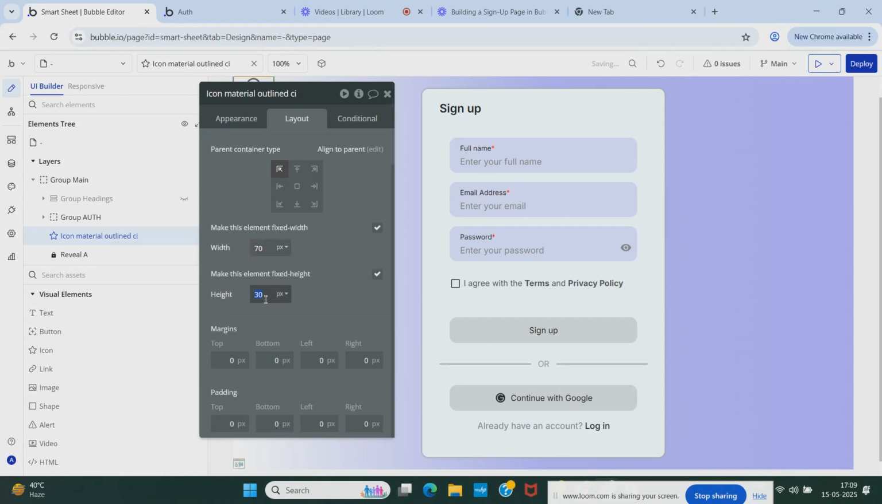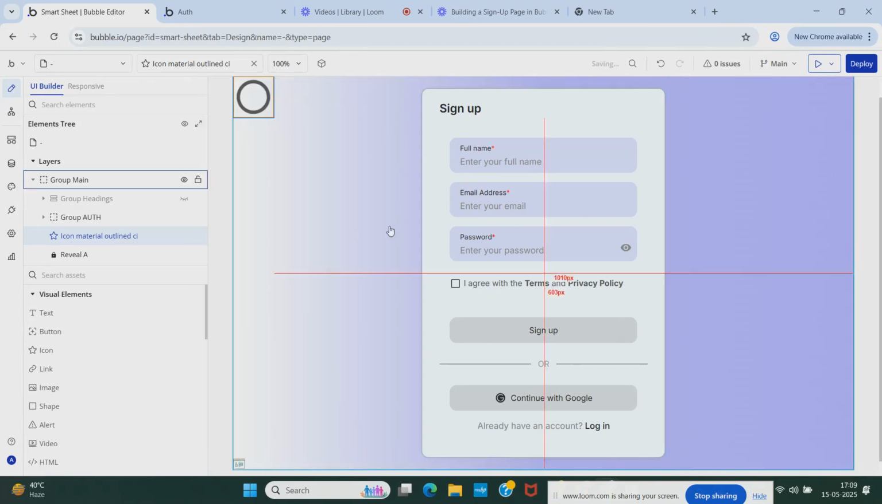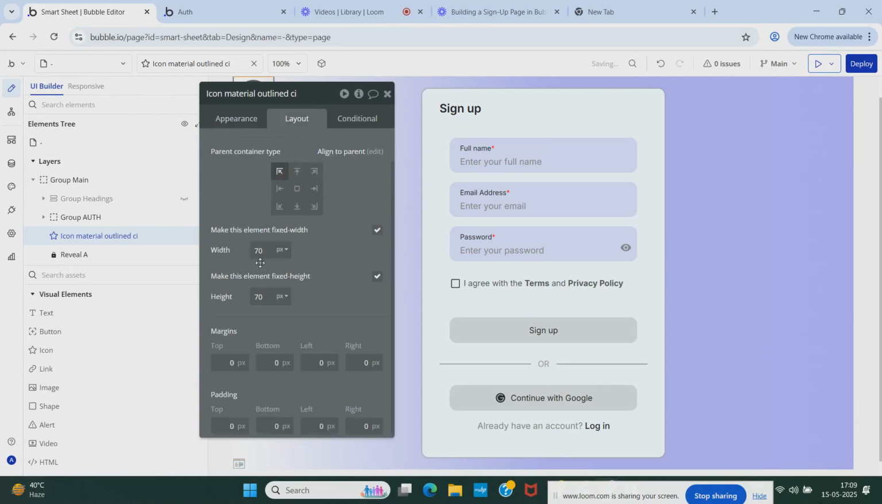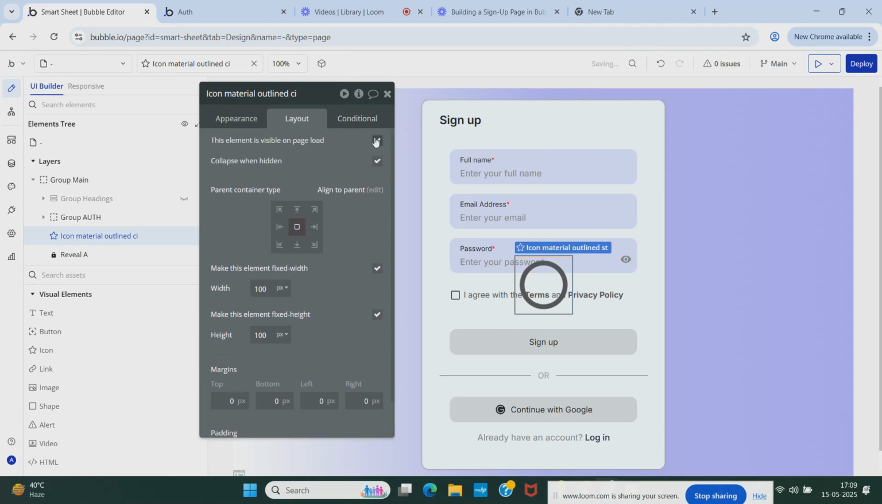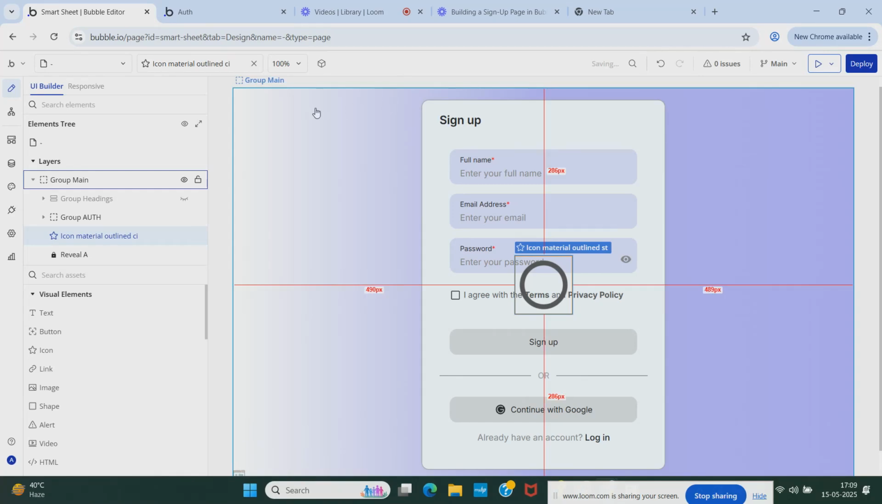I'll choose 70/70, so that this can look a little big. Yeah, I want more heavier. Let's say 100 and 100. Yeah. And I want this icon to be at the center, right? And then I would say that this is not available. The page load